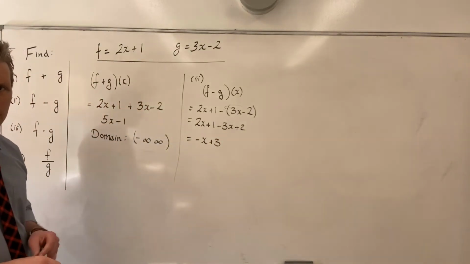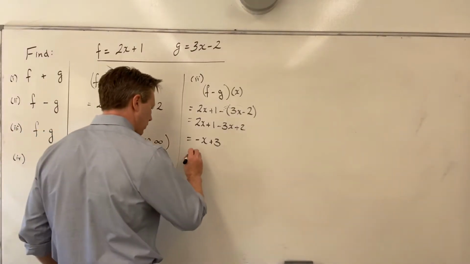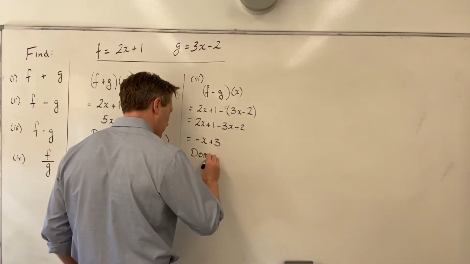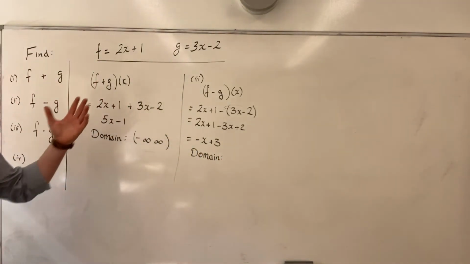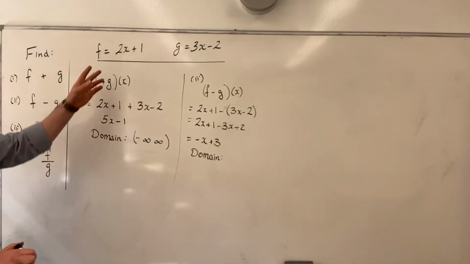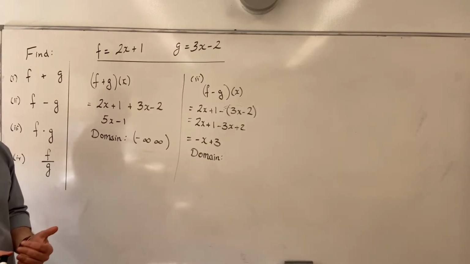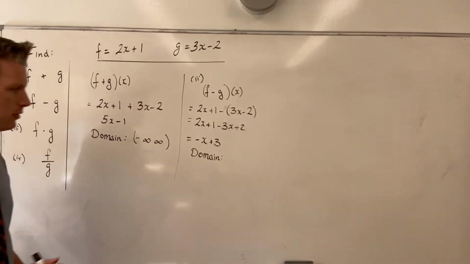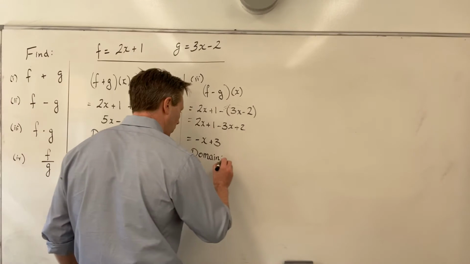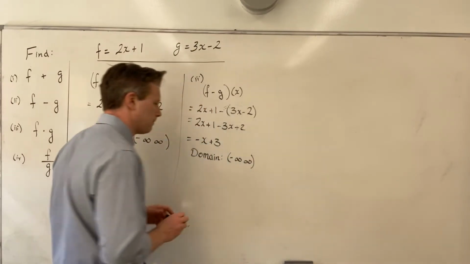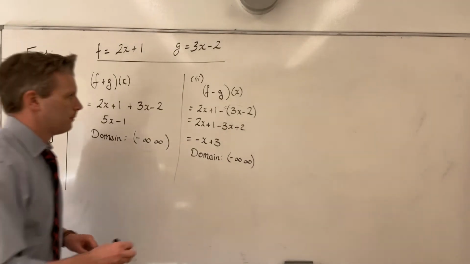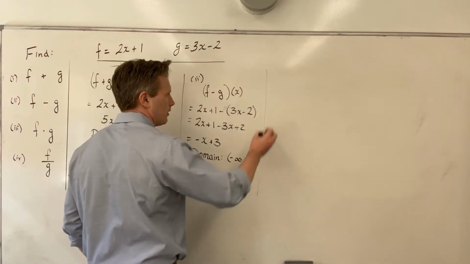Okay, that's my answer. I just want the domain now, but the domain of the difference of two functions is the domain of the original two functions. So the domain of f and g again is negative infinity to positive infinity, and so the domain of f minus g will also be negative infinity to positive infinity. All right, so that's the sum, the difference. Now we want